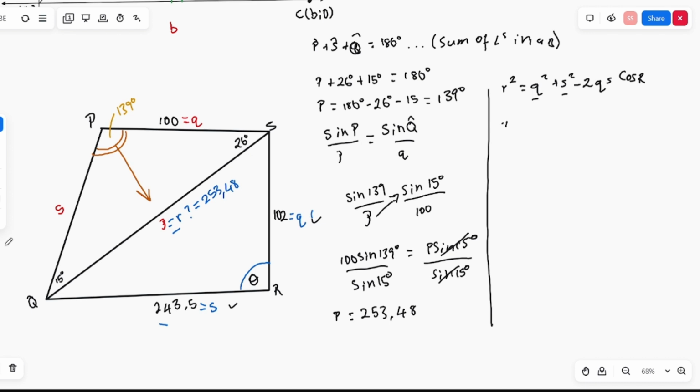Our r is going to be 253.48 squared is equal to, what is our q? Our q is 102 squared plus our s, which is 243.5 squared minus 2,